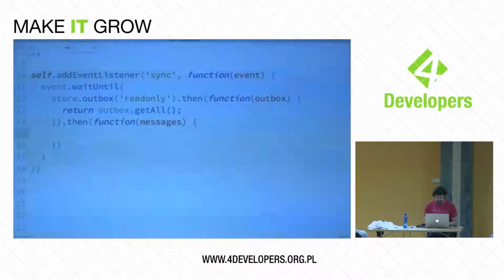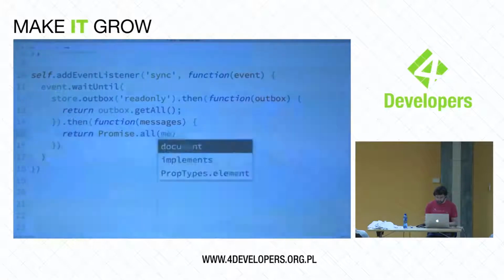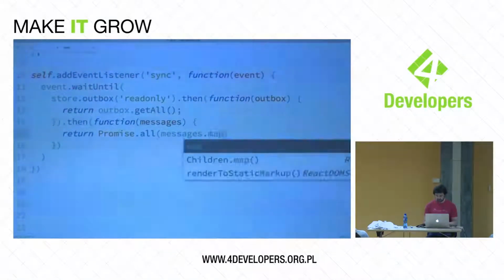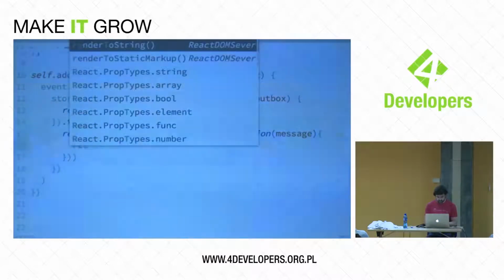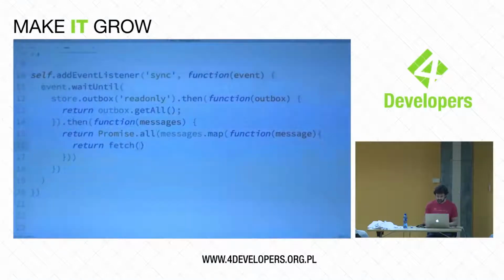So we'll get a bunch of messages, and at this point we need to do something for each message. So I'm going to use Promise.all over the messages to deal with that, because we're going to map another function, which is going to take a message each, and we are going to send that down to the server using the fetch API. If you've not seen the fetch API, this is now available even in Safari on iOS in the latest 10.3 version. So that is pretty cool. No more do we have to, in any of the major browsers, deal with XMLHttpRequest.